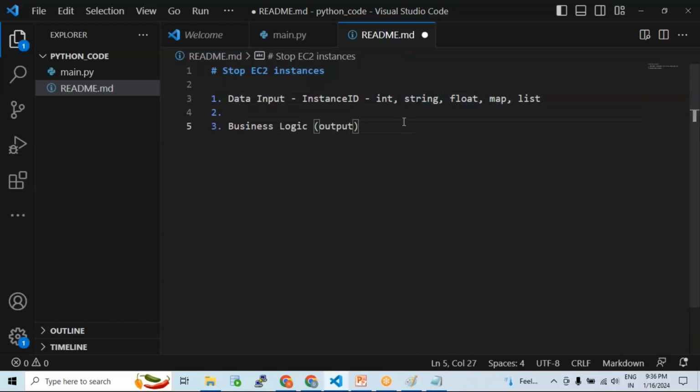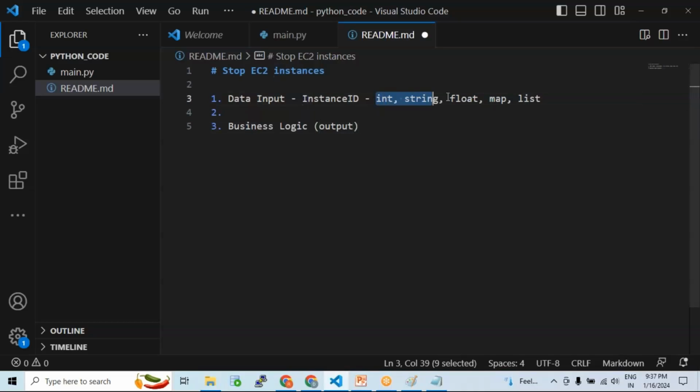I hope you all know about these different data types at least by now, because we already saw what is meant by list of, map of, and strings in the Terraform itself, right? So that means I will be giving the instance ID as an input to my Python code,